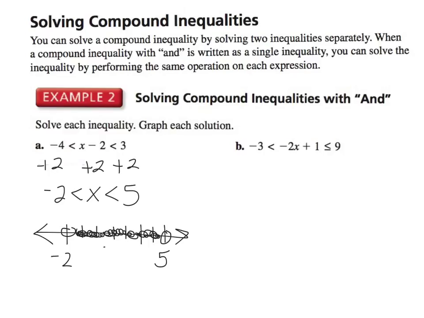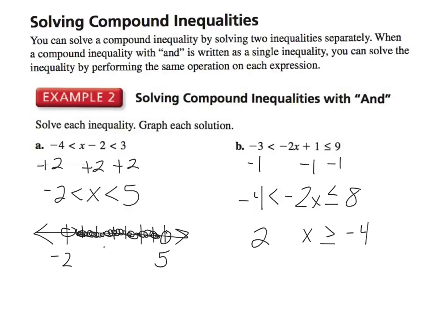The next one, I'm going to subtract 1 from each part. That gives me -4 is less than -2x is less than or equal to 8. I now divide everything by -2. This gives me 2, this gives me x, this gives me -4. I have to reverse the inequality symbols, and then you must always write this as the